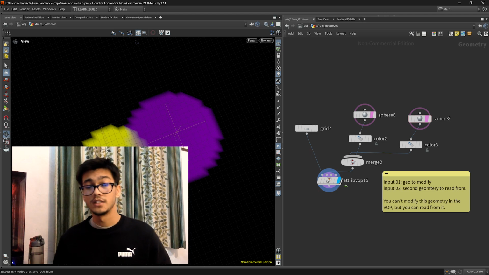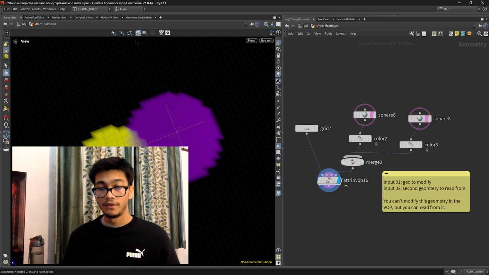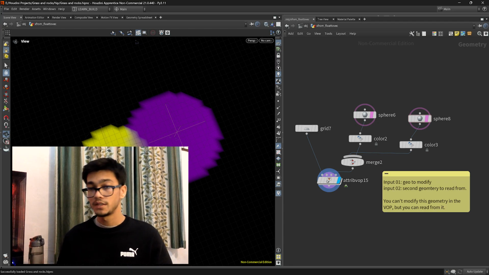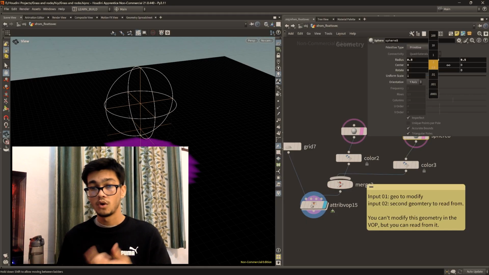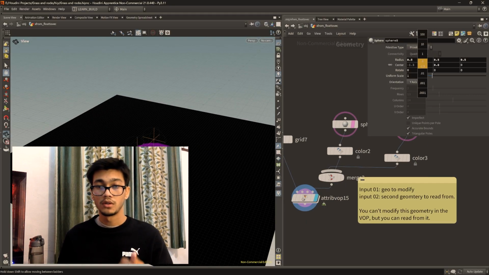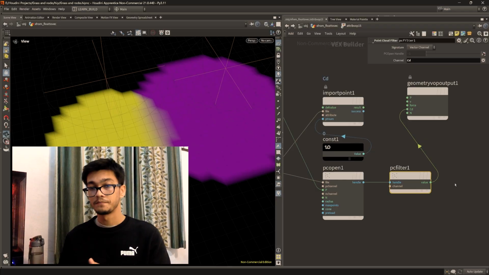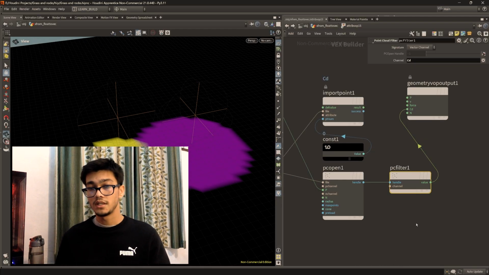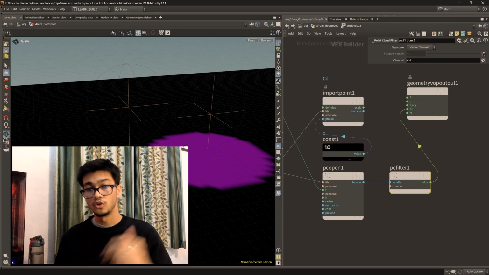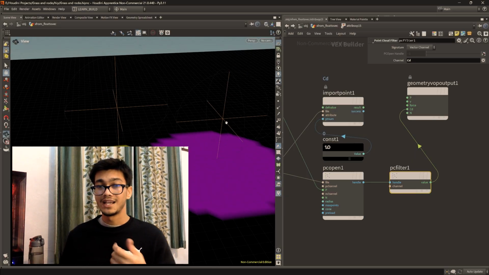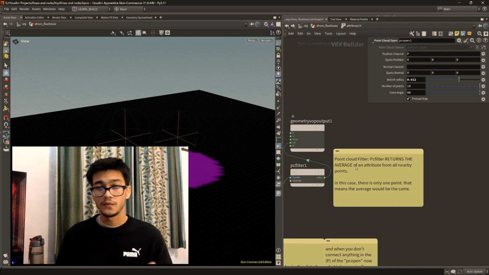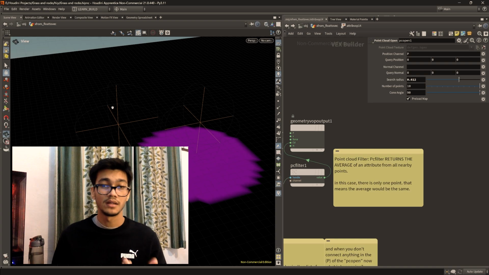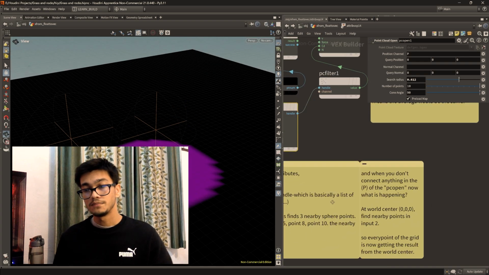Hello everyone, and in this video today, first I will talk about import point attributes. Second, I want to talk about point cloud open. Third, I want to talk about point cloud filter. And these three are new to us, so I will go through each of them and explain these three in detail. And at the last, I want to start with our VEX vector expression language,